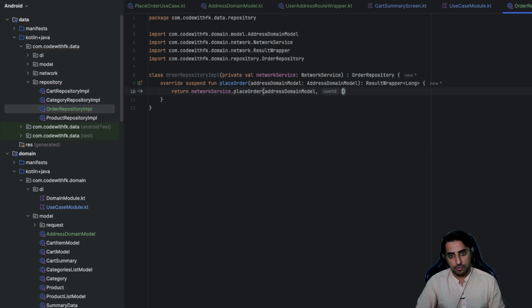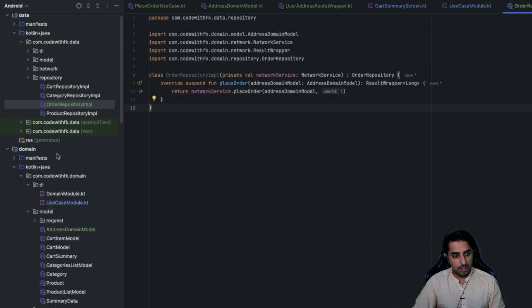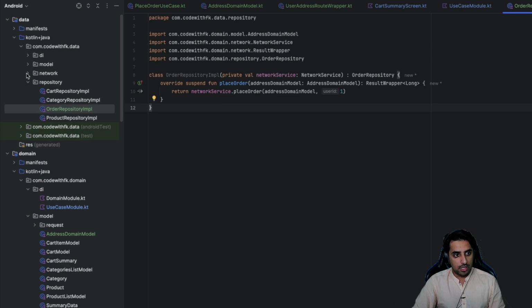a user ID as well. For now let's just pass user ID is 1. I just forgot about this. This should be there as well. So okay, that's something. And what next do we need is that we need to go to our network implementation